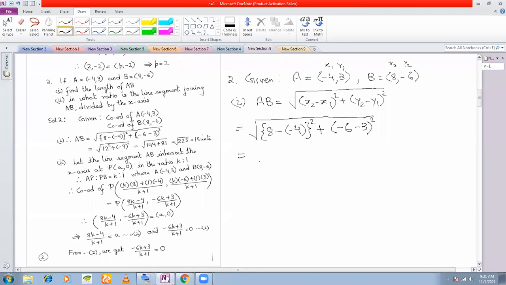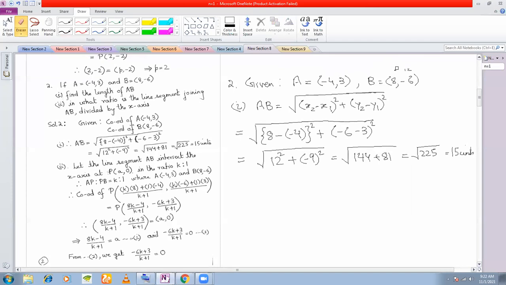So you get here root over of 12 square, because 8 plus 4 will give you 12, plus minus 9 square, which is equal to square root of 144 plus 81, which is equal to square root of 225, which is equal to 15 units. Okay, so the length AB is 15 units. From distance formula we have found. So this was just a class 9 revision. Next question